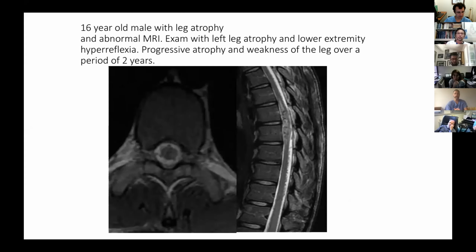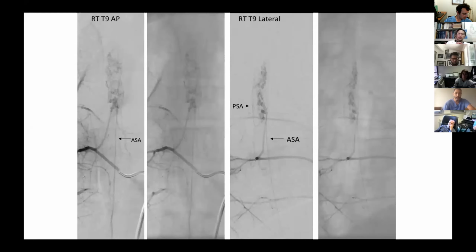So this is a 16-year-old who was referred with leg atrophy, a very abnormal MRI that you can see in the thoracic level with T2 signal change. And he has already been sick for about 2 years by the time I saw him. And he's got myelopathy. So a very different situation than the last child. And this is his